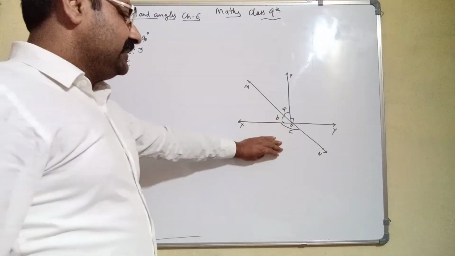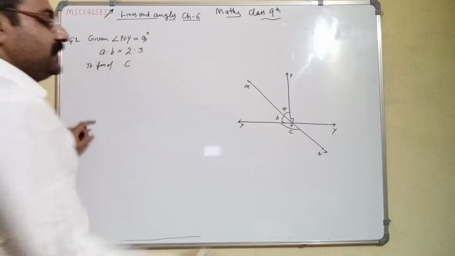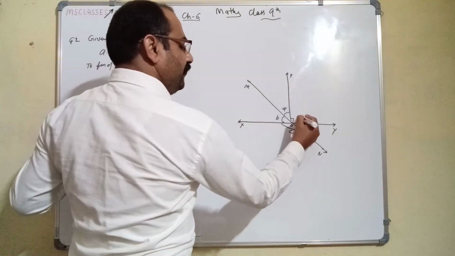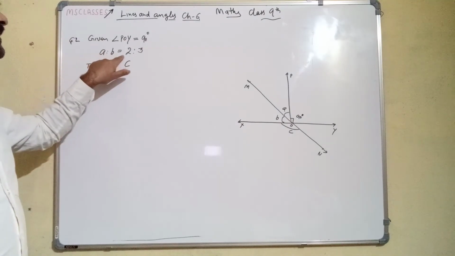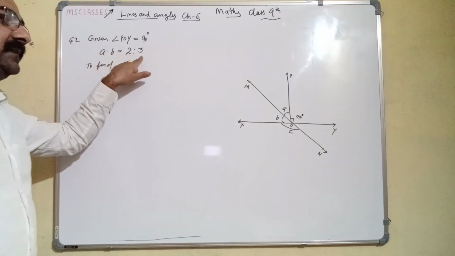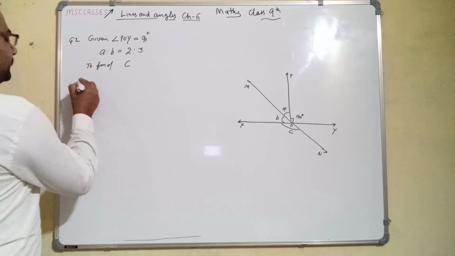You have given a diagram, angle POY is equal to 90 degree, A ratio B is equal to 2:3. Guys, since